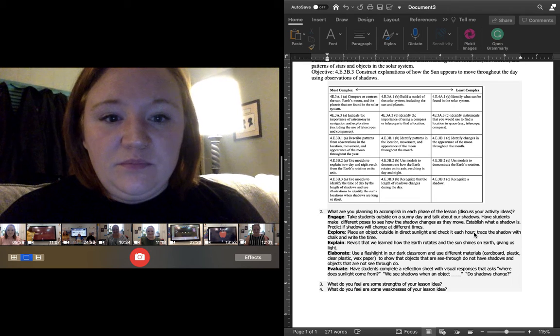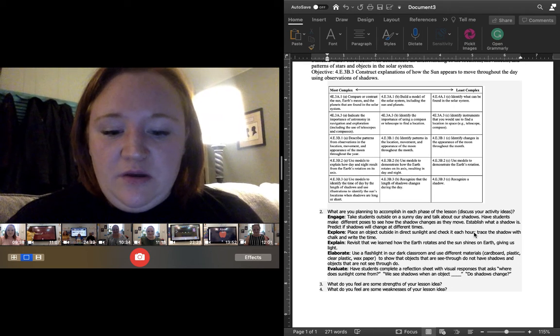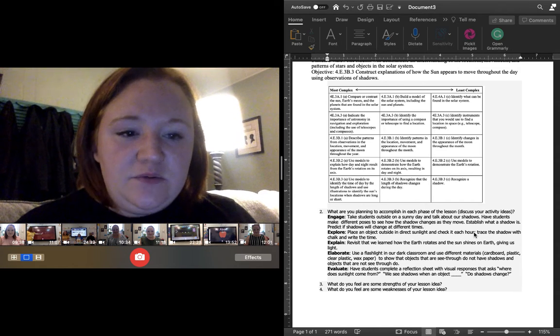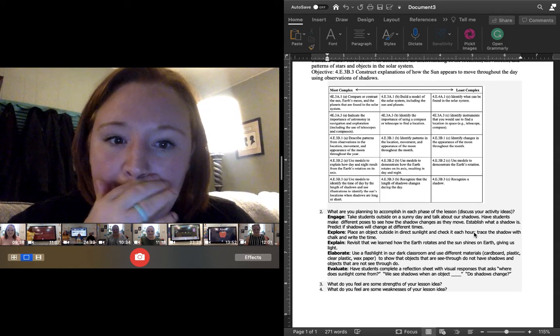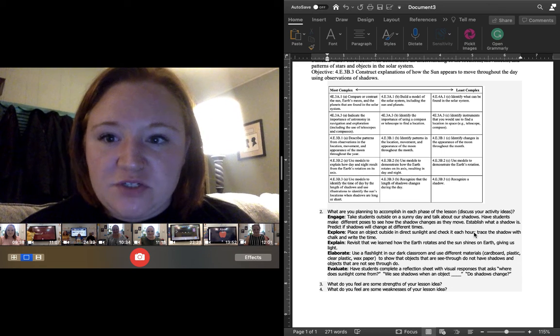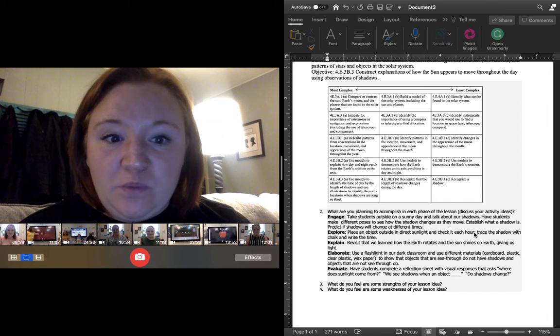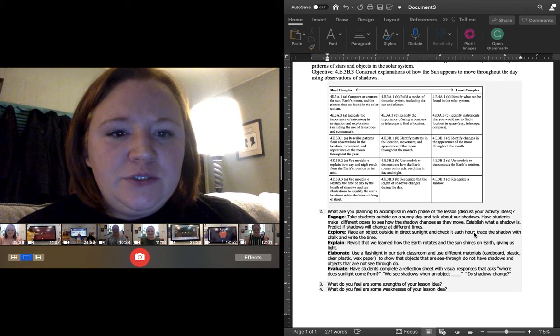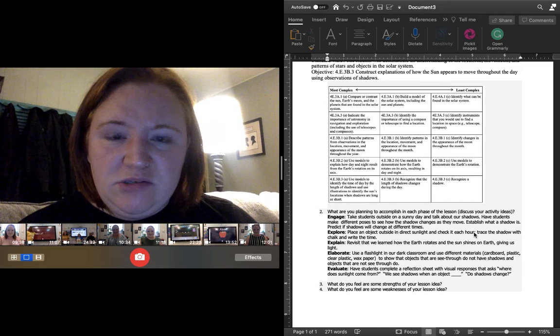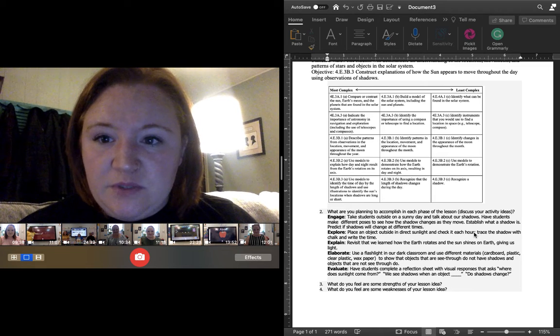And this would be to establish the visualization with the word shadow, so that they would know what a shadow is. And then I would come back into the classroom and start the lesson by saying, well, now we know what a shadow is. Do you think that shadows can change? Does the way that your shadow looks